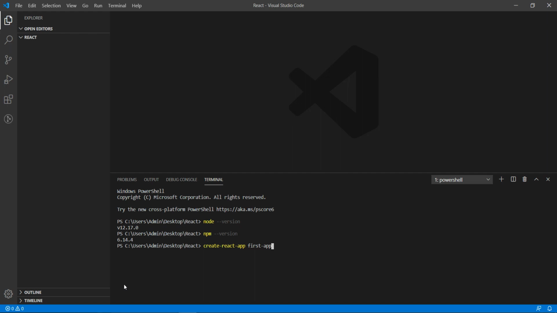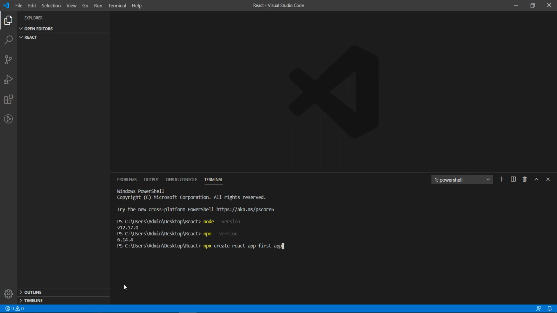So let's talk about another way to create a React project. You can use npx create-react-app and the project name, first-app. Let me write it, first-app. With the help of that you can directly create a React app using npx, so you don't need to install the create React app package in your system.